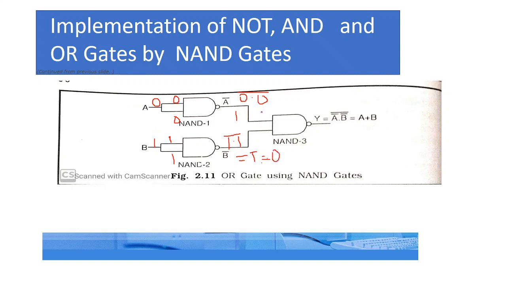So here we apply 1 as an input and here we apply 0 as an input. So the output of this NAND gate is (1 dot 0) whole complement, which means 1 dot 0 is 0 and its complement, and the complement of 0 is 1. So when A is equal to 0 and B is equal to 1, the output is 1, and this is the output of this OR gate.